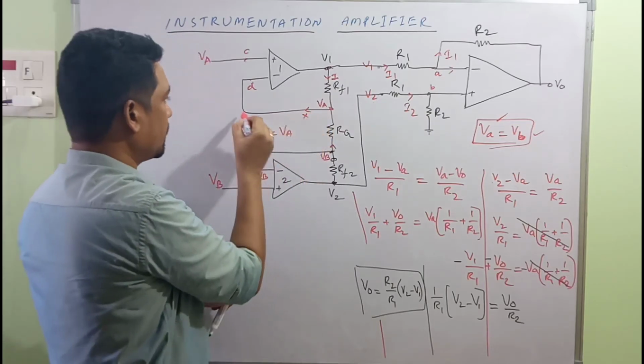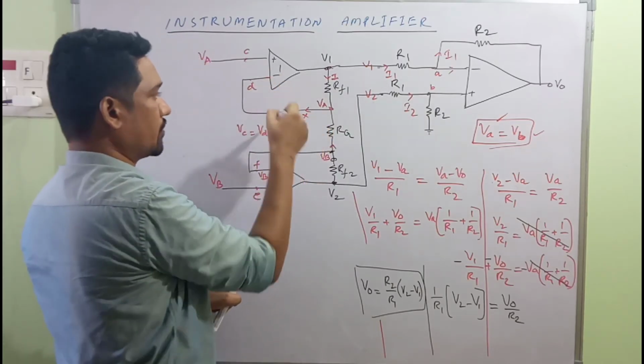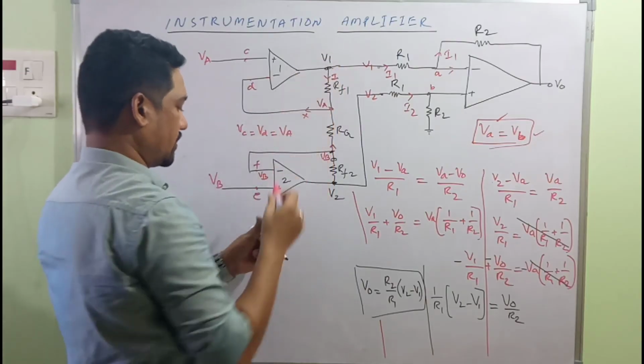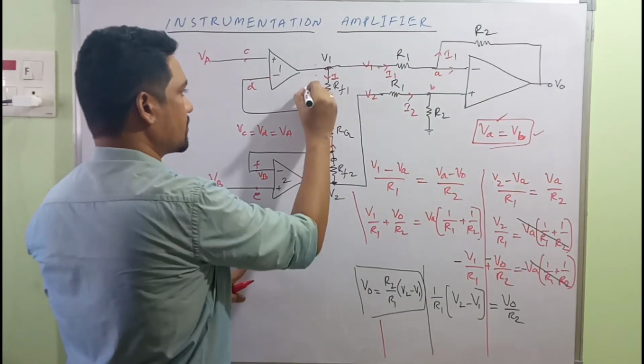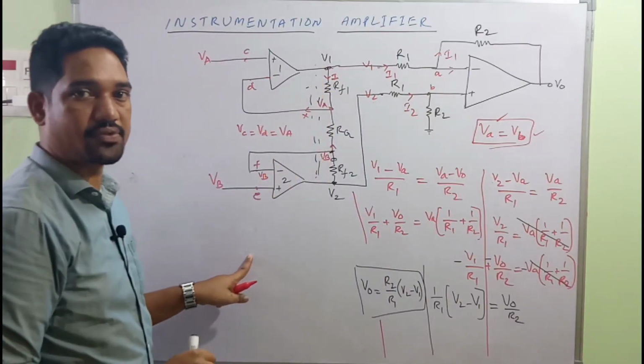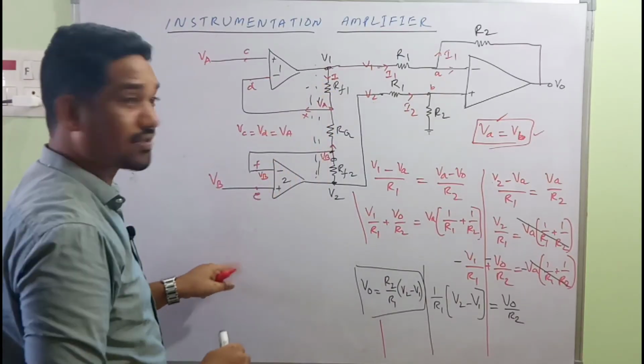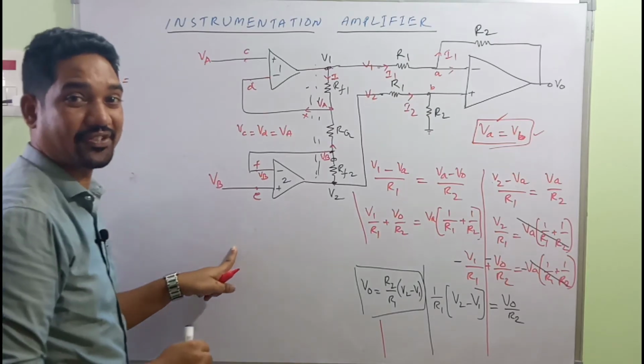Why? Because input impedance is very high, isn't it? So no current. We can assume the flow of current only in this direction in this case. Or go back, you try with this direction, the same results. It gives the same result. Trust me. Of course, you need to trust your teacher.